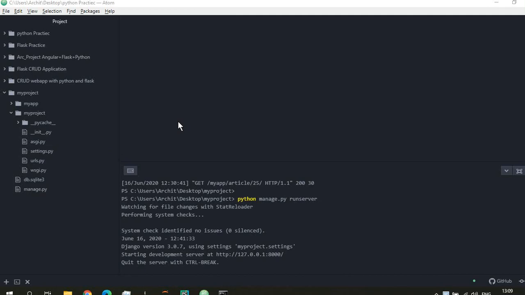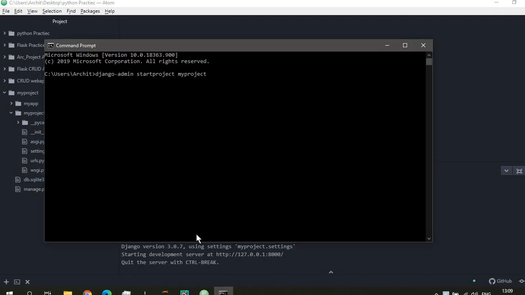Moving on, let's create our first application. We again start our application by this command because we have to go back to the path where we started our project, and then we'll start by typing in this command: python manage.py startapp and the name of your app, which is myapp.